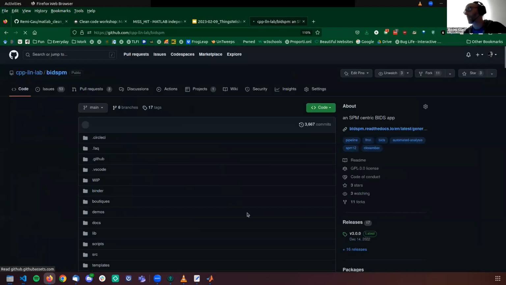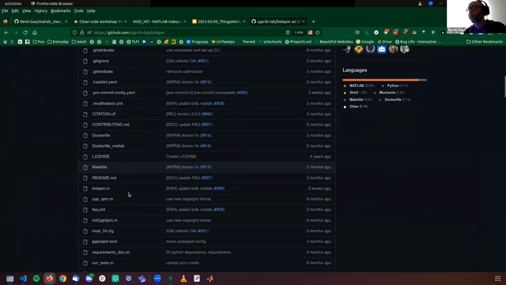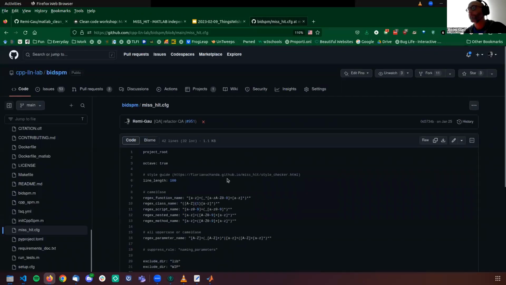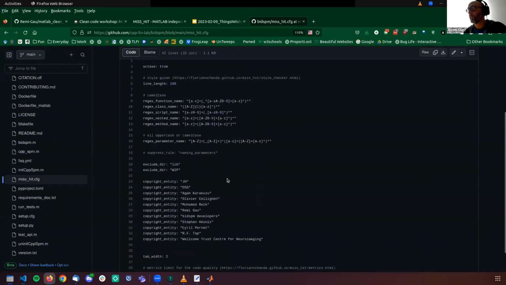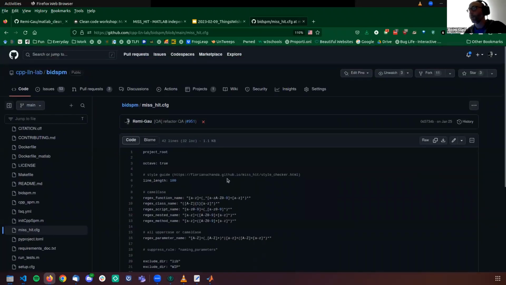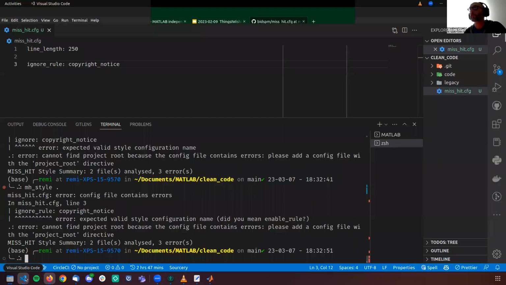Let's see if I have something in this one. Nope, I have a lot of things, but not in this one. Yes, it says suppress, not ignore. There we go. We're making progress slowly.